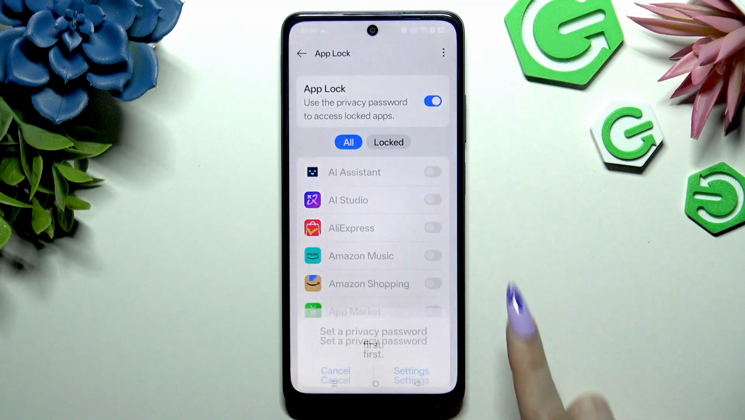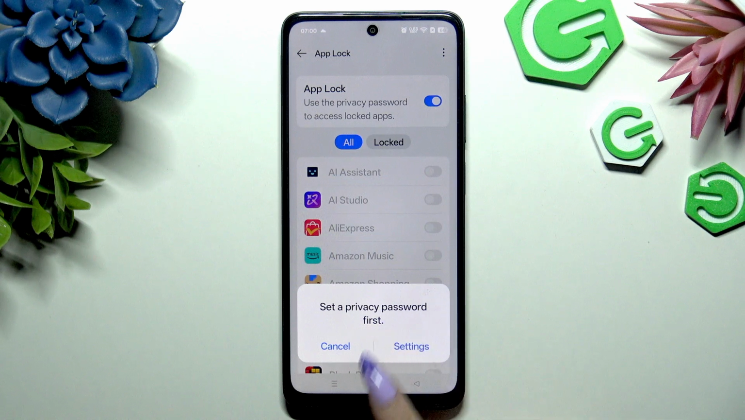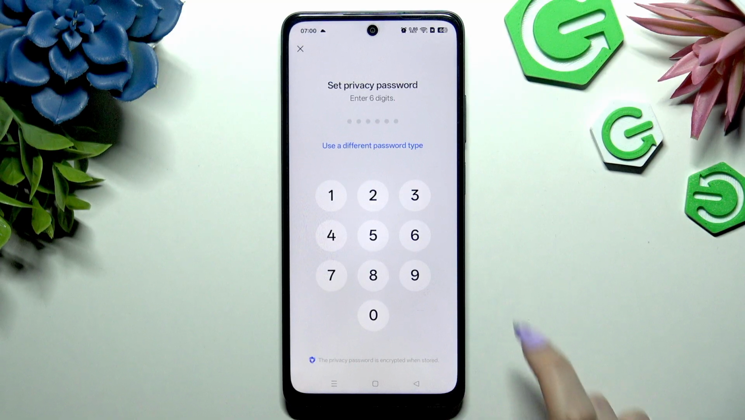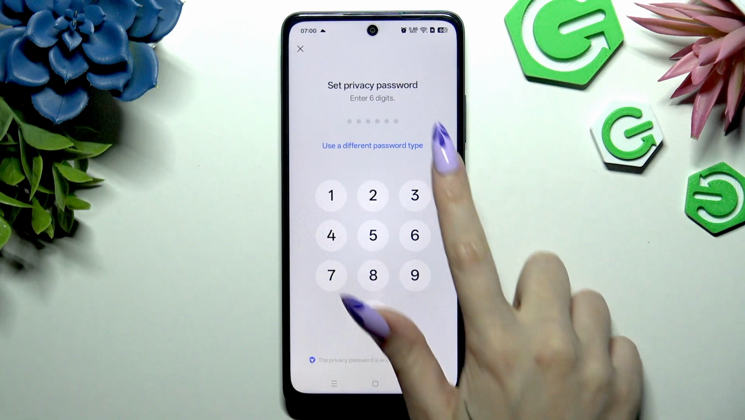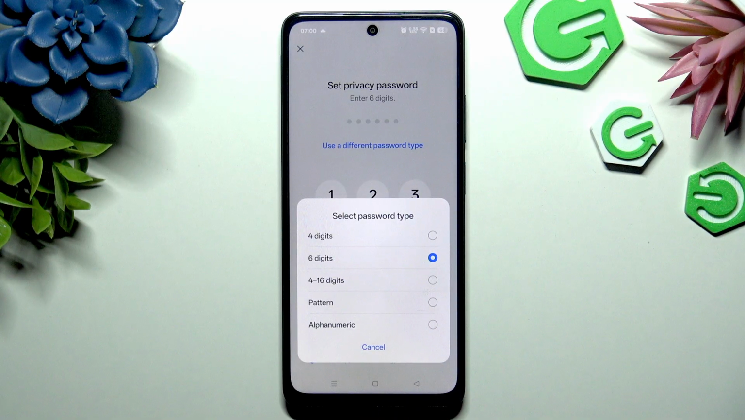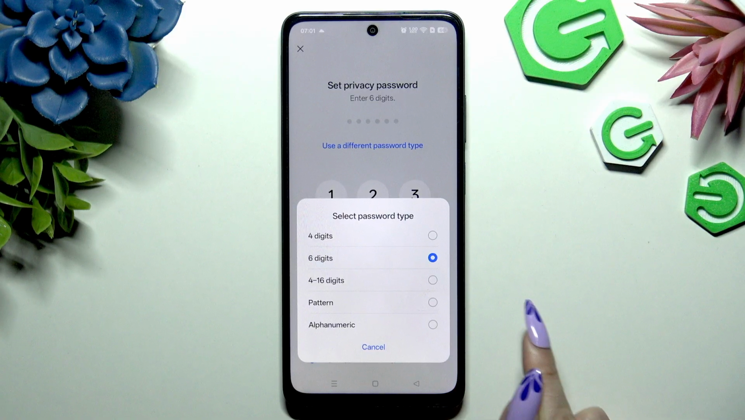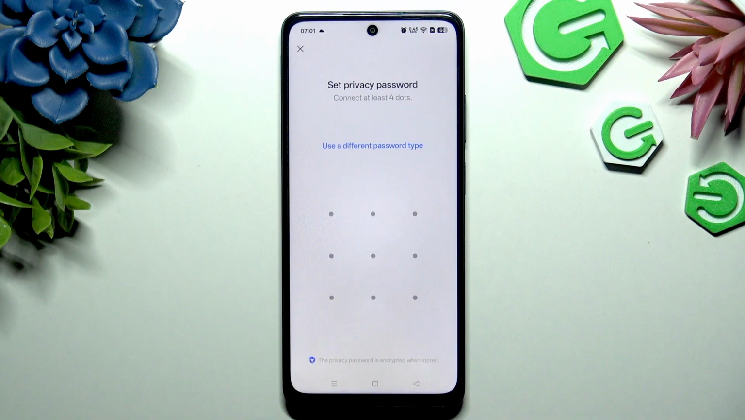Following that, select settings in the pop-up to set up your privacy password that you will use to lock your apps. Hit use a different password type and click on one of those to apply the best one for you: 4 digits, 6 digits, 4 to 16 digits, pattern or alphanumeric. Wherever you decided, when you're ready, create your privacy password